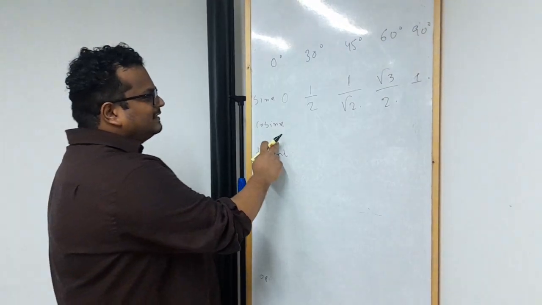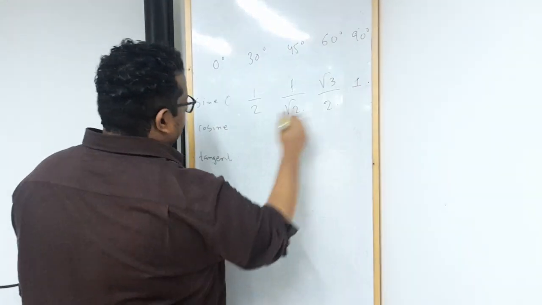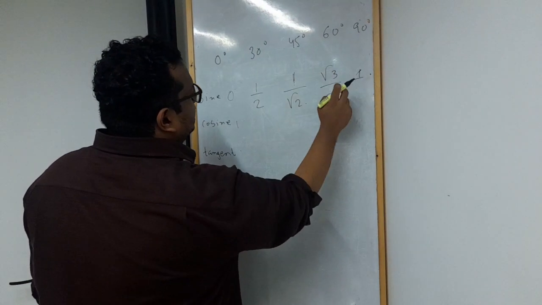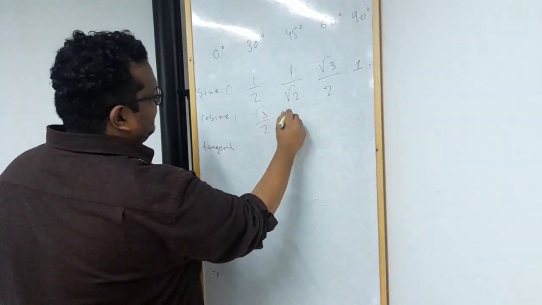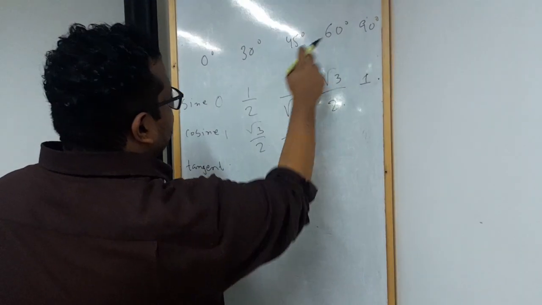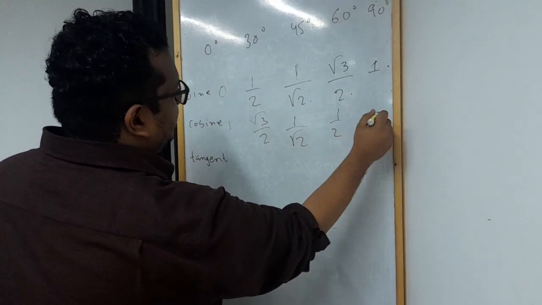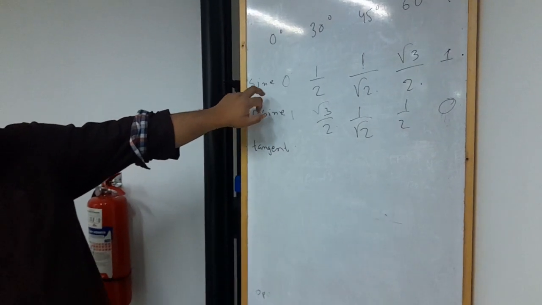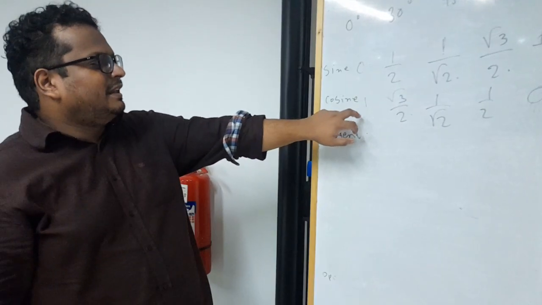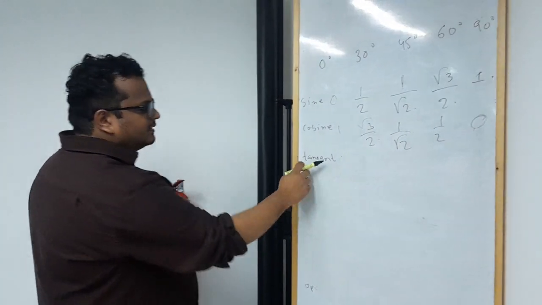How? Cosine is exactly the opposite of sine. So cosine of 0 would be 1, cosine of 30 would be root 3 by 2, cosine of 45 would be exactly the same, cosine of 60 would be half, and cosine of 90 would be 0. This is exactly opposite to the sine values. So if you remember the sine values, you can easily find out the cosine values. You just reverse it. And the tangent is always